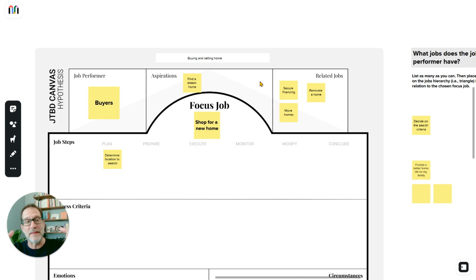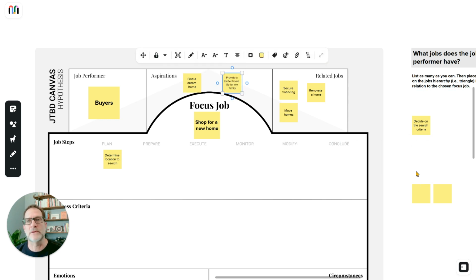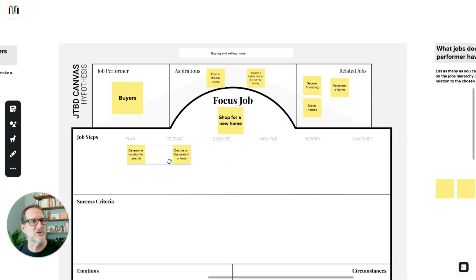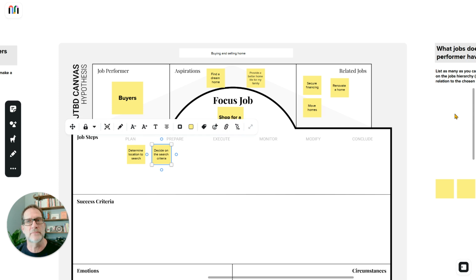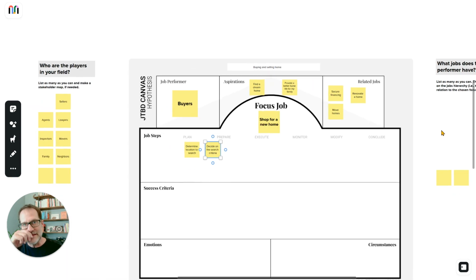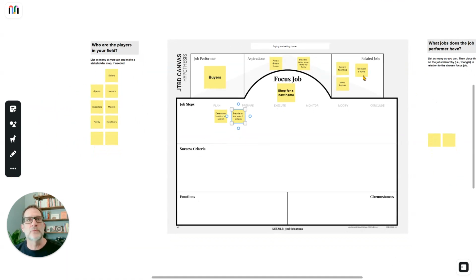If we go down from there, we have what are called job steps. Over to the side are the related jobs. Provide a better home life for my family is going to be one of those aspirations. And decide on search criteria, that's going to be a smaller job, right? So if I just zoom out here for a second,